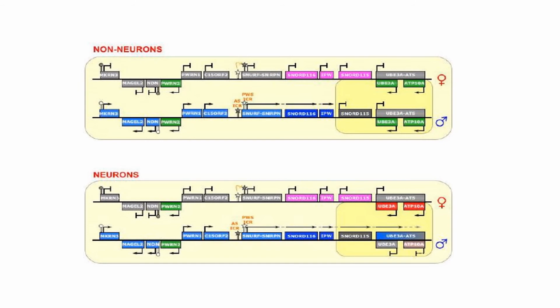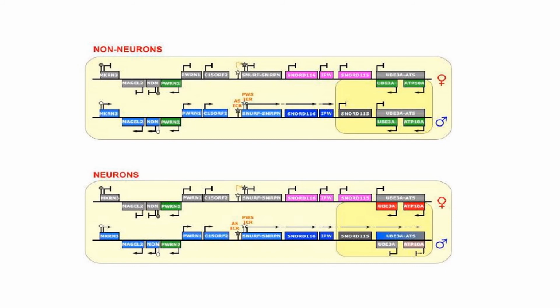Okay, so saying that there's a difference in neurons versus non-neurons, which is odd. In non-neurons, the UBE3, which is the Angelman syndrome gene, is actually expressed from both alleles, whereas the Prader-Willi syndrome gene is not. It's only expressed from the paternal allele. Okay, in neurons, however, there is an asymmetry where the UBE3 gene is expressed from the maternal allele, but the